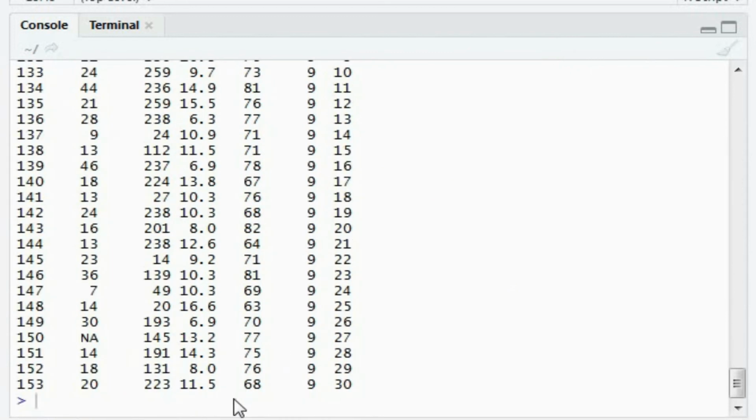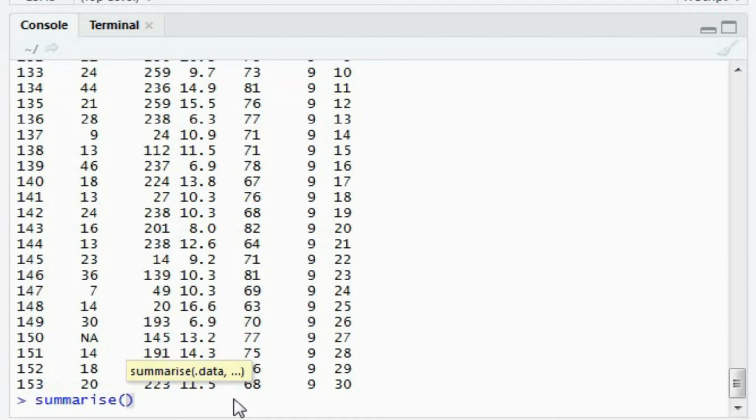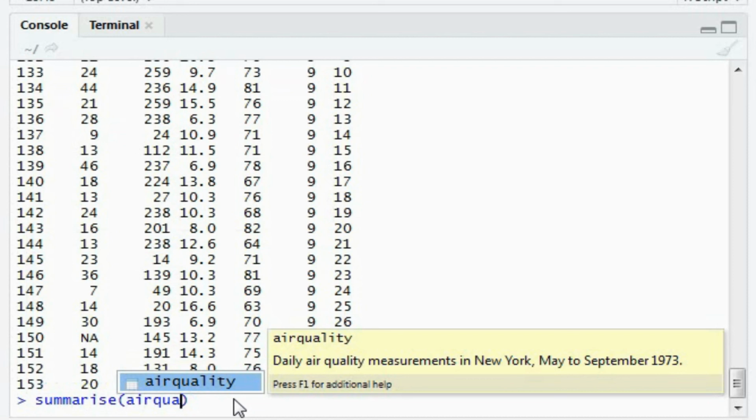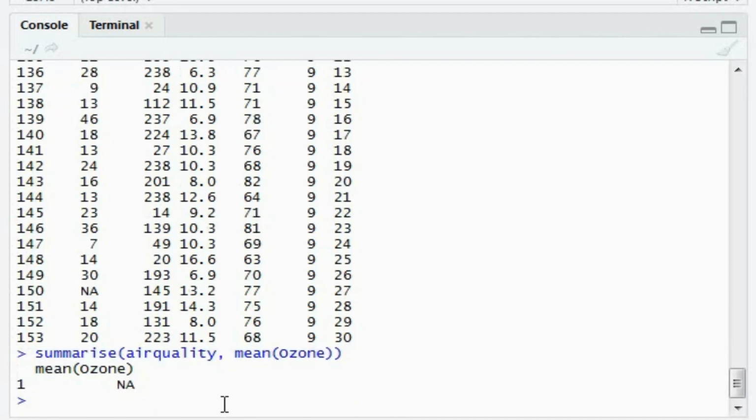Let's see, summarize airquality, mean. If I only do ozone over here, I got NA as a value.